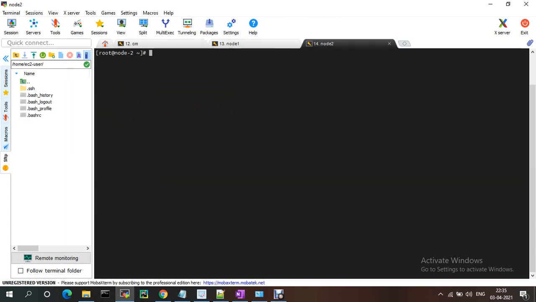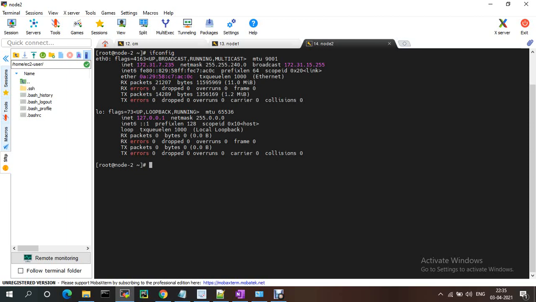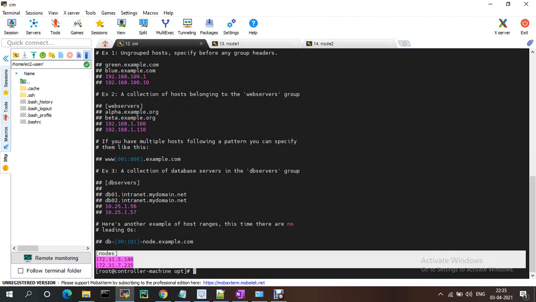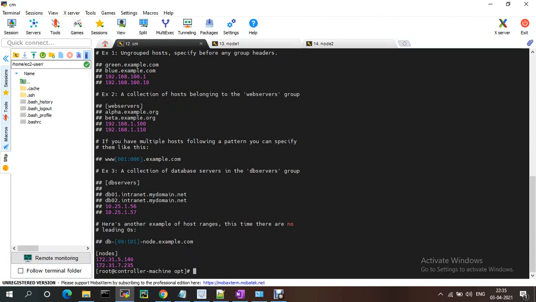Here also if you check ifconfig, it is 172.31.7.235. These are my nodes and this is the default inventory location, but you can also give your own inventory file if you want.